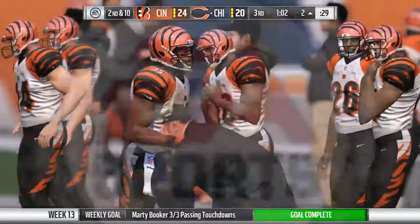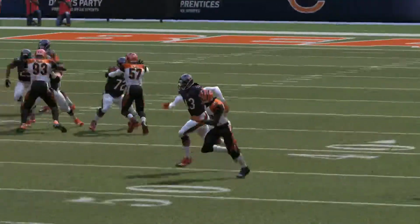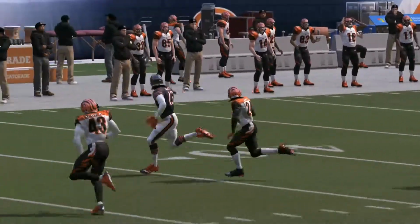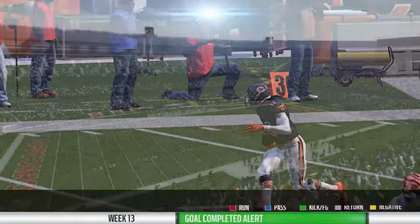Well, they went play action there and set it up nicely for him. I mean, he can flat fly, and they hit him downfield. And it doesn't take much to create that extra bit of space for a guy of his...